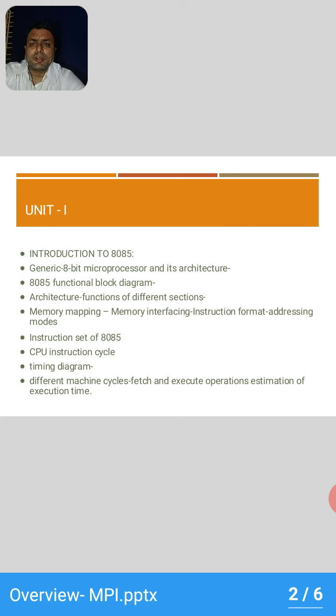The first unit describes 8085. Whenever you want to study the microprocessor subject, we need to study the evolution of microprocessors. So first we will study how the microprocessors evolved, what the origin is, what the basic microcomputer is, and from microcomputer to microprocessor, how we are able to develop the system as per our requirements. So we will study the basic architecture of a microprocessor, that is 8085.